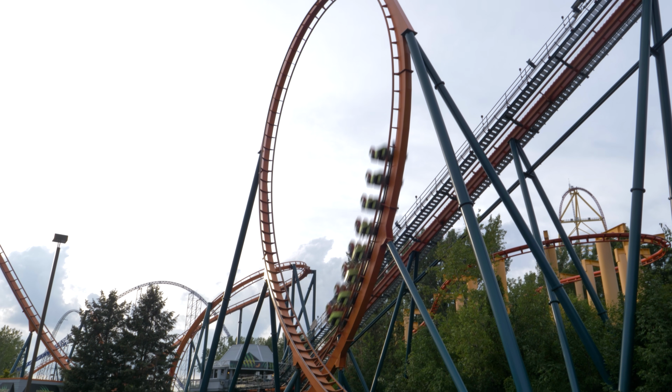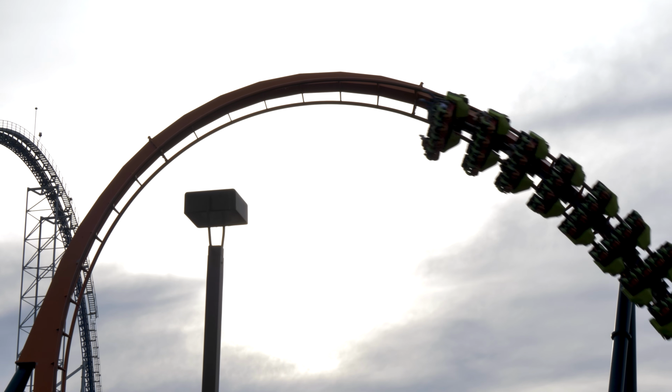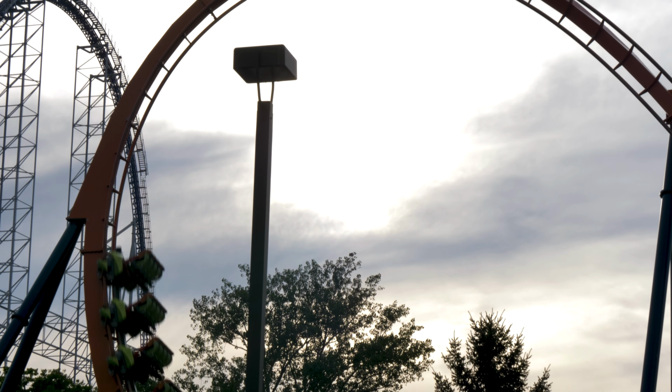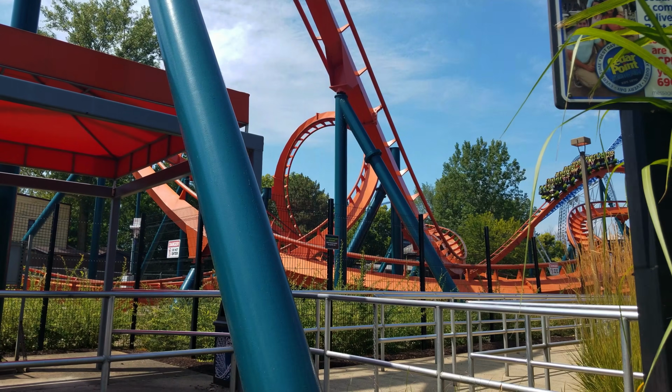The ride still has some great moments. I think most of the inversions are pretty enjoyable, especially if you ride in the middle seat of any row. The inclined loop is still my favorite element, and I'm happy that this maneuver has been revived on Iron Menace